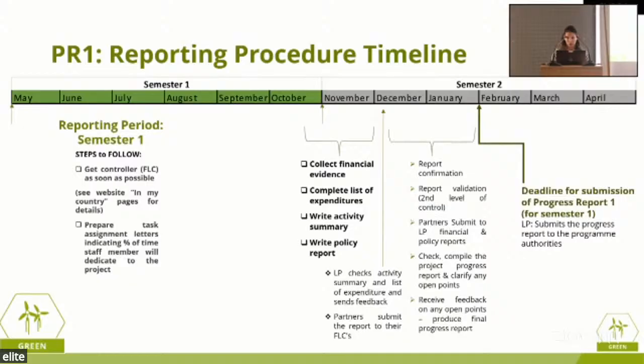Now, just to make things a little bit clearer, we have a timeline set up. So for the first semester, taking a bit into the second semester, since we are some 3 months into the second semester. So for the first semester, the first reporting period, it would be wise to get your controller as